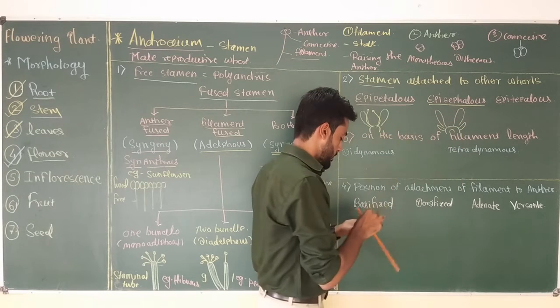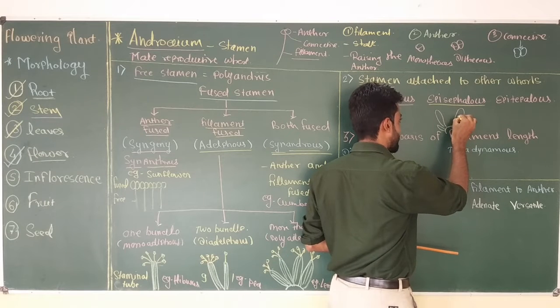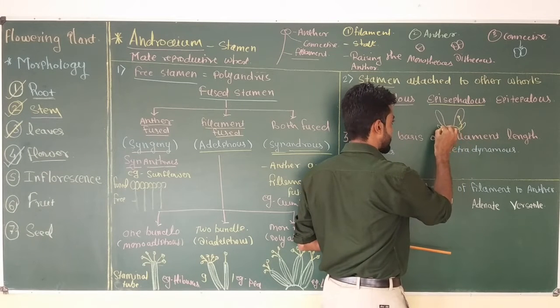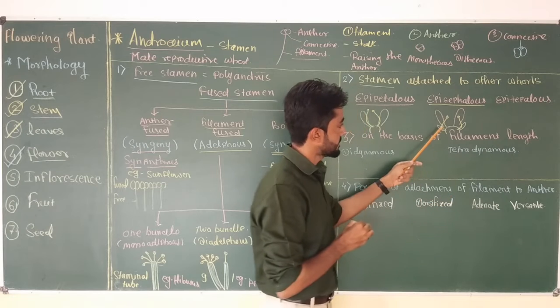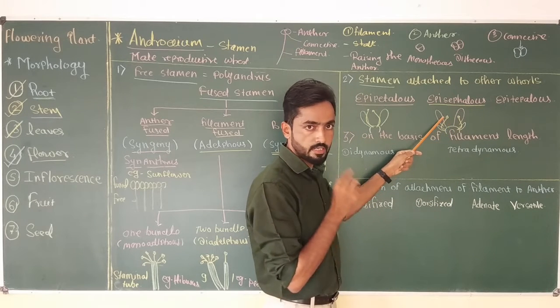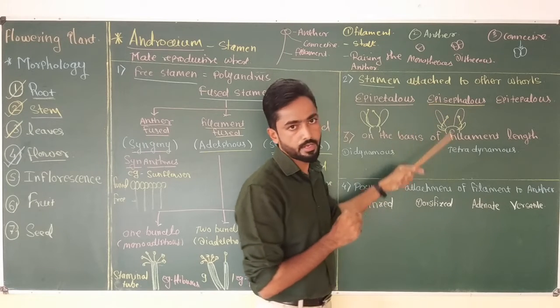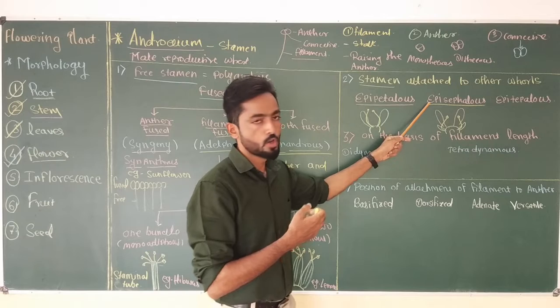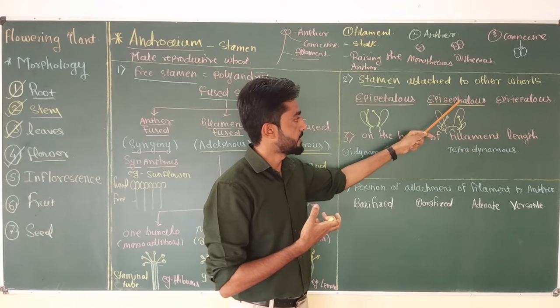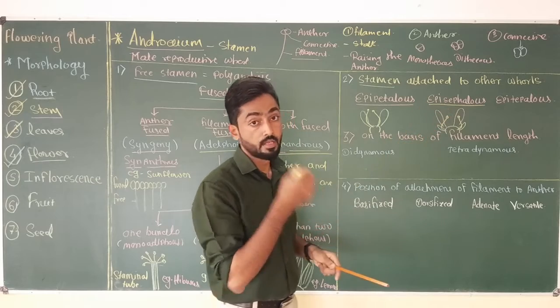Okay, but now stamens or filaments are attached with the sepals. Some part of the filament is attached with the sepal, and anthers are generally free. Such type of structure is called the epicalycous condition. Epi means fused or attached, and calyx means sepals. That means stamens are attached with the sepal.